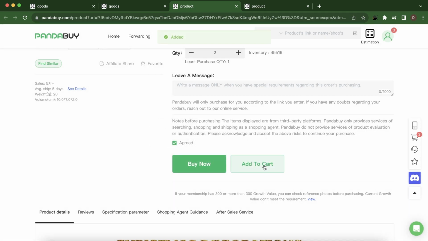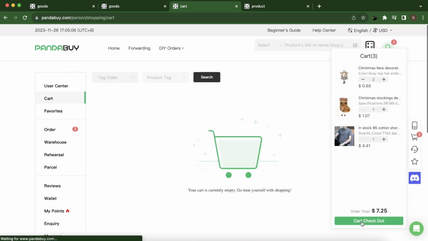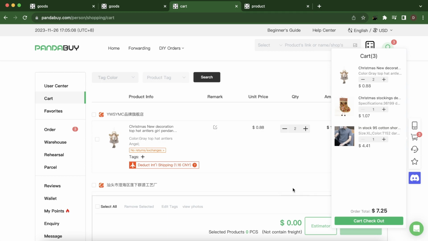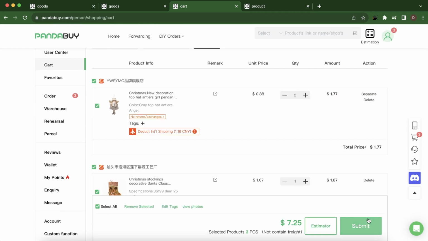And then after you choose 10 products or more, you'll have to simply click on the cart here and then click on cart checkout, and then here you'll have to simply click on select all of them, and then click on submit, and then you'll have to pay for them, and that's all. This is how you can do